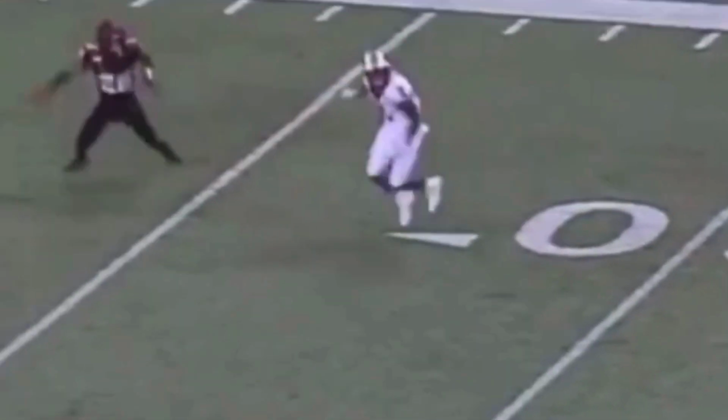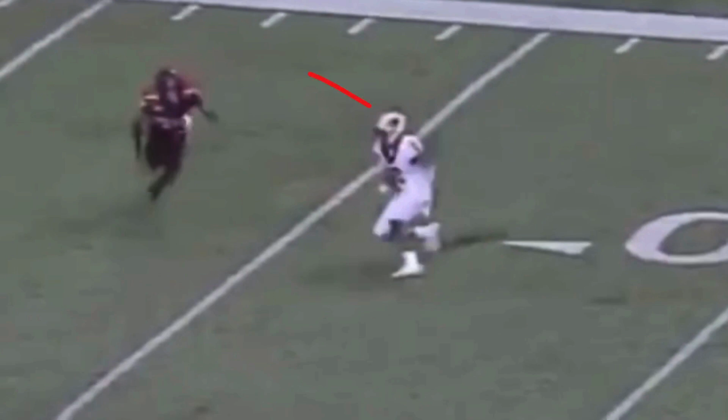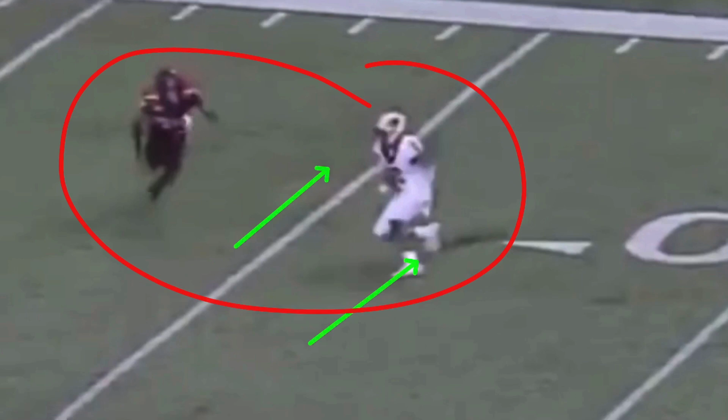That's my fault. So when we break here and we take those 3 steps, 1, 2, 3, and he breaks off of that leg, we get some separation here. Anybody can get separation on a double move. I want you guys to know that. They run double moves for a reason, because it's a very easy route to get open on, especially when you got some off man coverage, right, where you got a little leeway to work and you can really be a salesman with